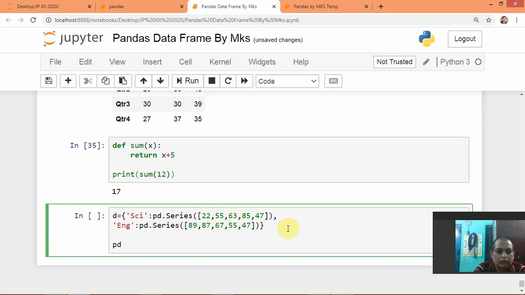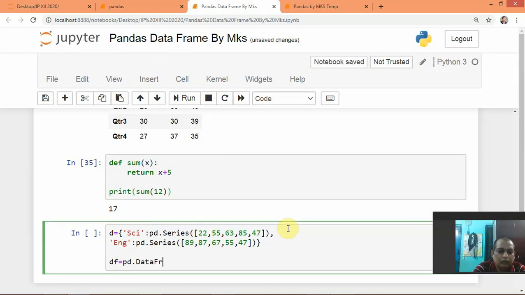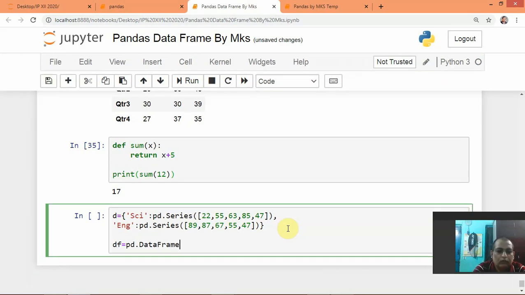I will make a new data frame, df equal to pd dot DataFrame, with D and F capital.